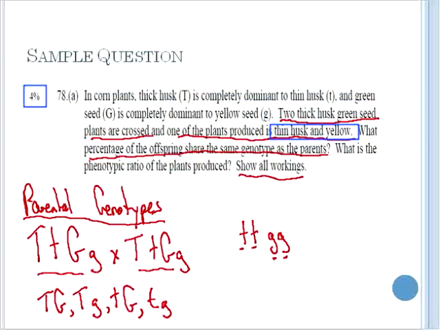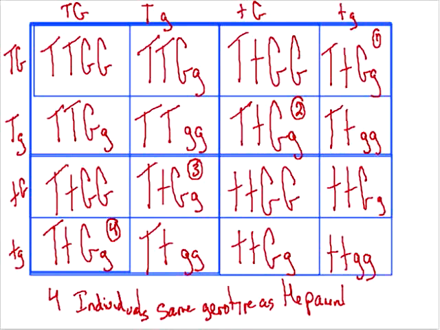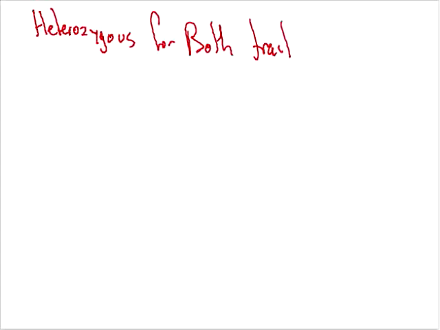You're also asked, what is the phenotypic ratio of the plants produced? There's a quick way to do this. If you recall, you could have counted all the individuals, of course, individually. Or, if you recall, for all crosses involving parents that are heterozygous for both traits, you always get the 9:3:3:1